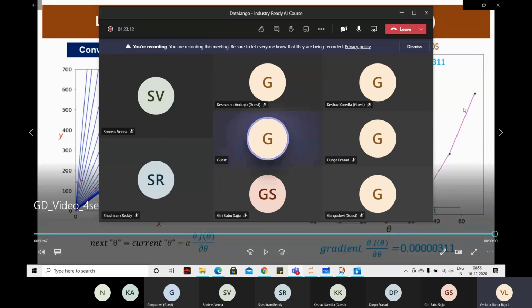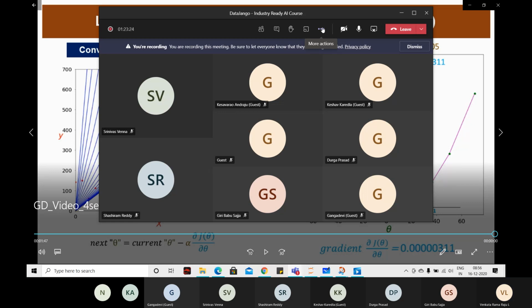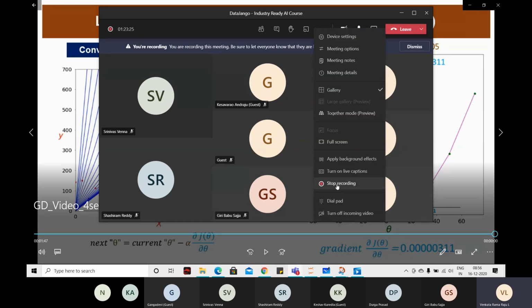So that is the gradient descent algorithm. Tomorrow, make it a practice session; Keshva is going to be there. And the day after tomorrow, I'll explain more on the gradient descent algorithm. We need to understand